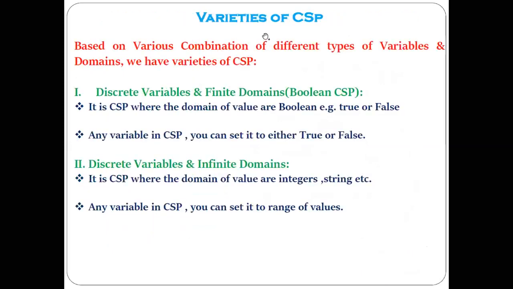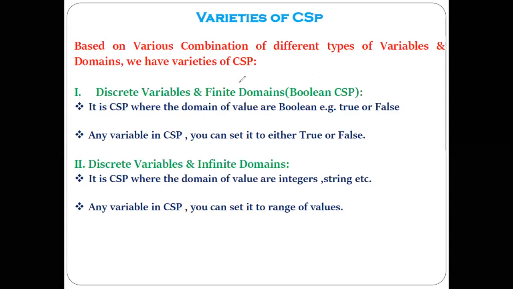So in this way, you can solve this map coloring problem using the constraint satisfaction approach. That was our first point, where we discussed why there is a need for the constraint satisfaction approach, and secondly how to solve the map coloring problem using the backtracking approach. And now the next question is the varieties of CSP, which simply means the different types of the constraint satisfaction problem based on the combination of the variables and the domains.